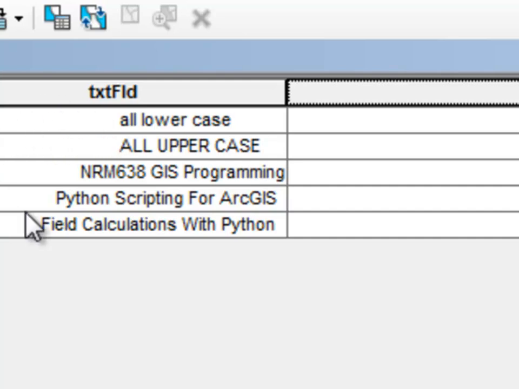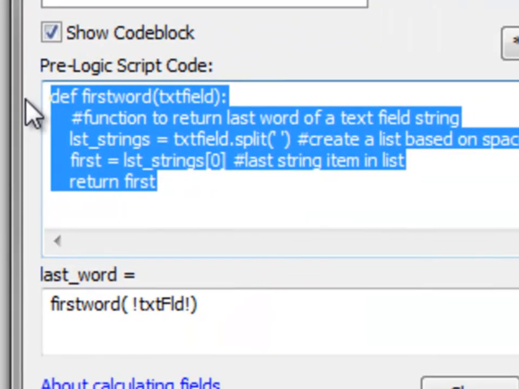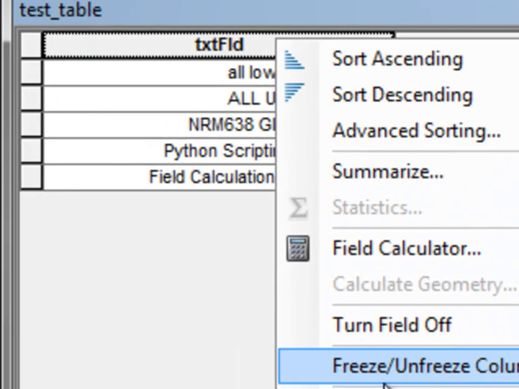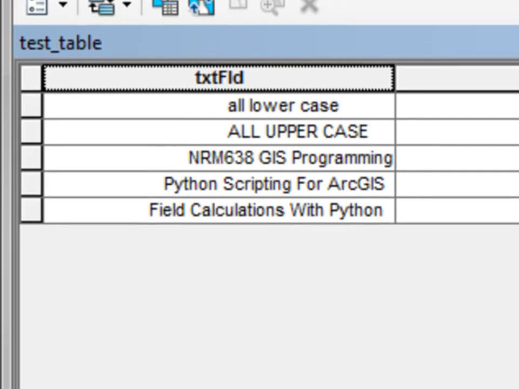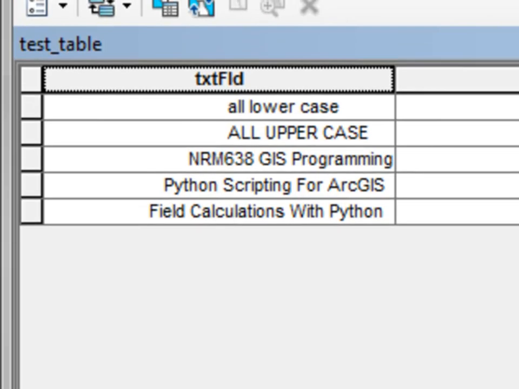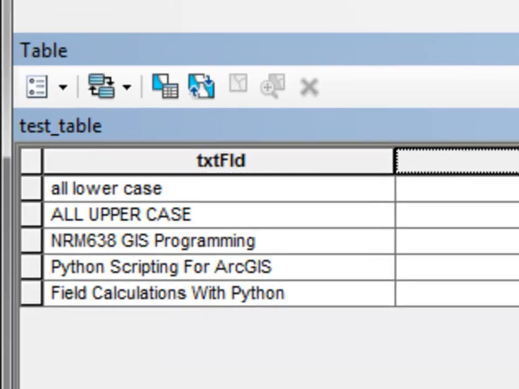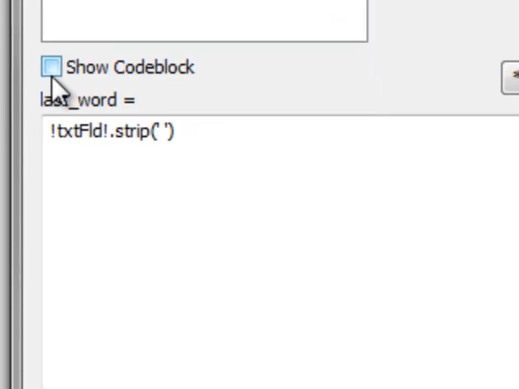So let's get rid of those spaces and we'll rerun this function. So I'll copy this and then don't show code block. And then we'll get rid of those spaces. So if I go to text field, field calculator, so take my text field and then strip out those spaces. Okay, so now if we run this field calculator,